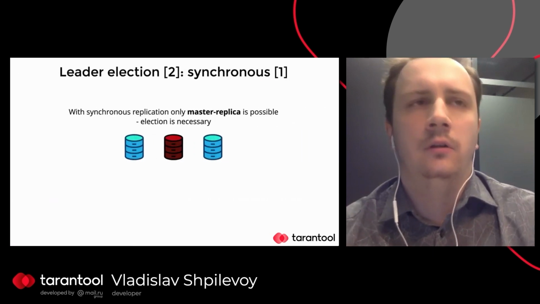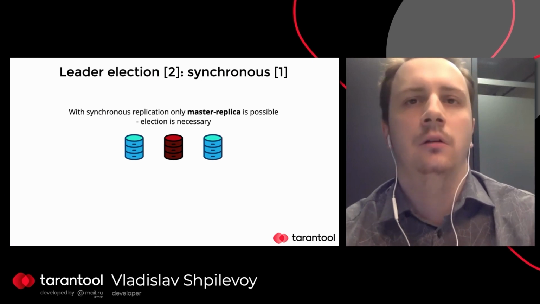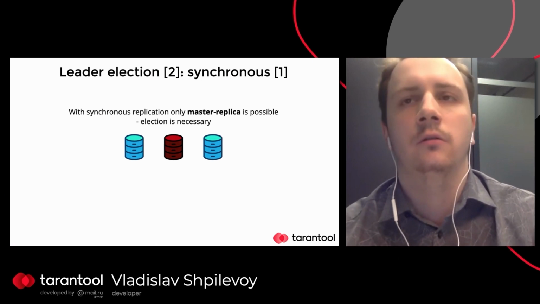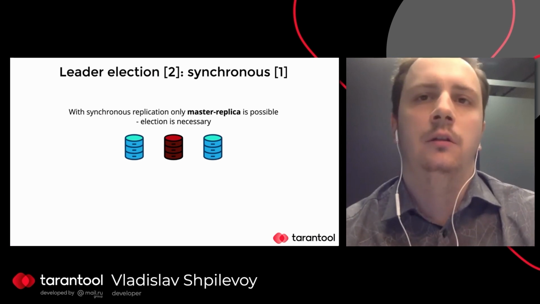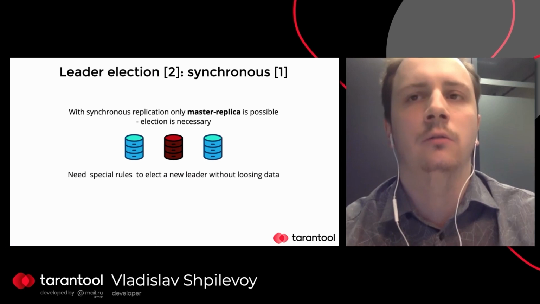As for synchronous replication, things are a bit more complex here. Firstly, master-master is not possible. It's a limitation of the algorithm, as I mentioned earlier. Secondly, setting read-only option on an arbitrary alive node is not enough, because after a leader dies,